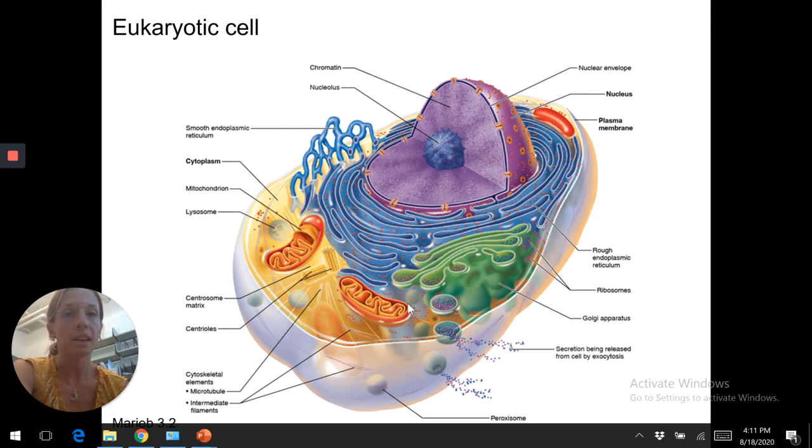Some of the cytoskeletal elements here, I have just filaments written down for now for your key terms. Microtubules and intermediate filaments are two of the more general cytoskeletal, meaning part of the cell's skeleton, part of the basic structure that holds the cell in place. There's going to be other filaments, myofilaments, they're specialized for different cells that we'll talk about. So in general, I want you to know that filaments are long proteins that are inside the cell and provide